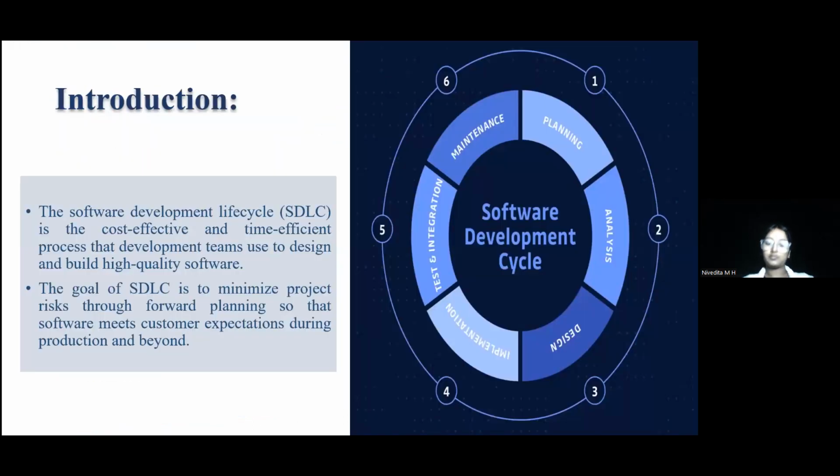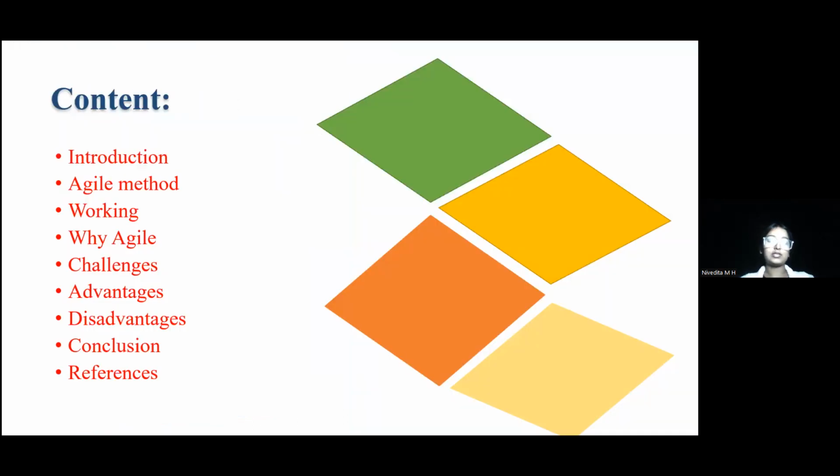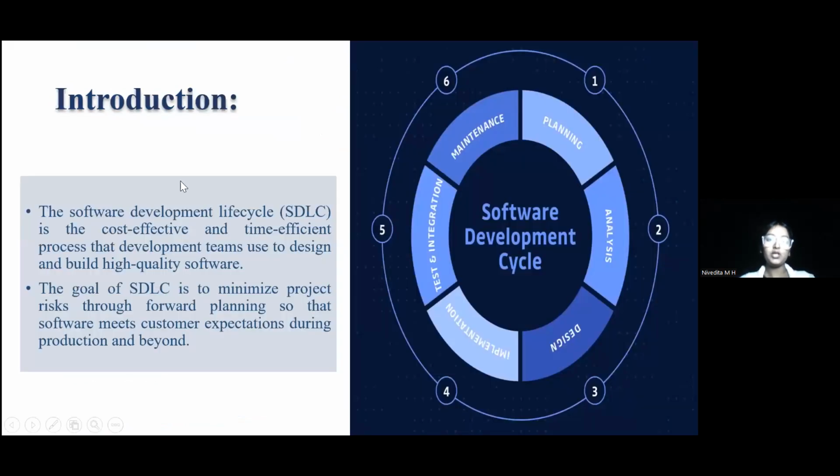The contents go like this: introduction, agile method, working. Why do we need agile? The challenges under agile. What are all the advantages in agile and disadvantages in agile, and the conclusion, and then the reference. So if we go with the introduction, the software development life cycle is the cost-effective and time-effective process